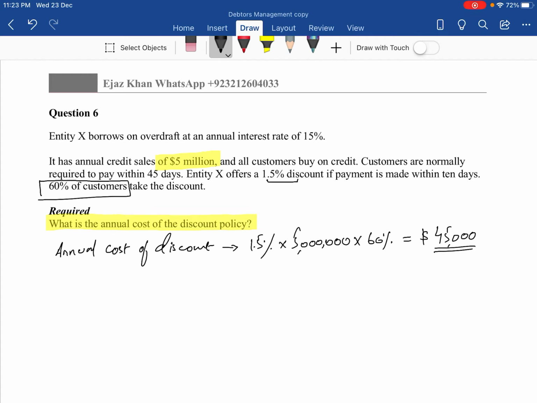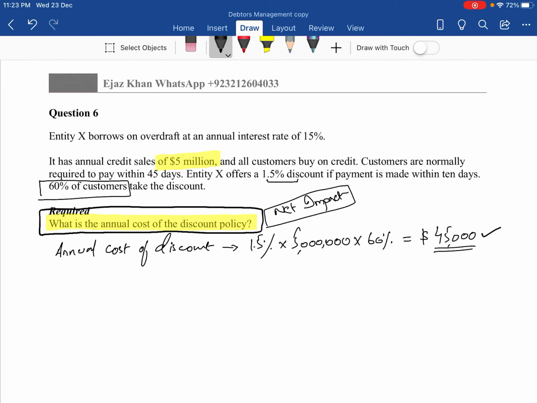But there is also a benefit side of it, and that is the reduction in the finance cost, which should also be considered. So though the question is not very expressive of what exactly it is looking for, there are two things. One is just the cost side, which we have already calculated. The other, which you will usually see in the exam question, is the net impact on profitability. In case of net impact on profitability, we have to take the benefit side as well and net off it with the cost. So for that, we need to find out the existing finance cost, and the existing finance cost will be calculated